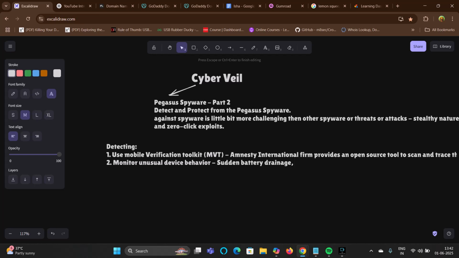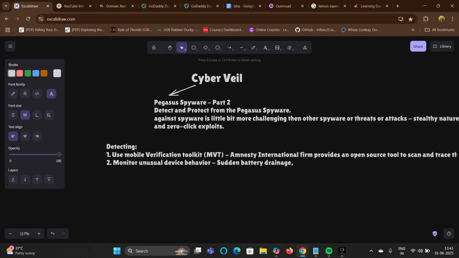Of course, if it is a very old phone of yours, like 10 to 11 years or 7 to 8 years, then sometimes battery drainage happens automatically. But if your phone battery usually keeps working for 1 or 2 days, and suddenly it is draining very quickly, let's say within 2 or 3 hours, then you might need to take care of it, and you should always monitor your device for unusual behavior.